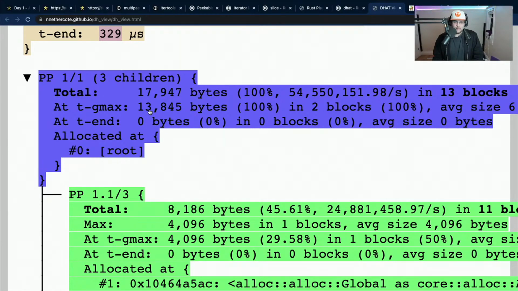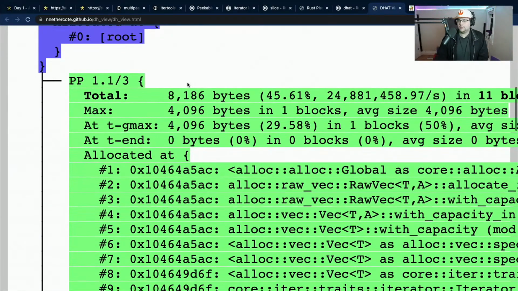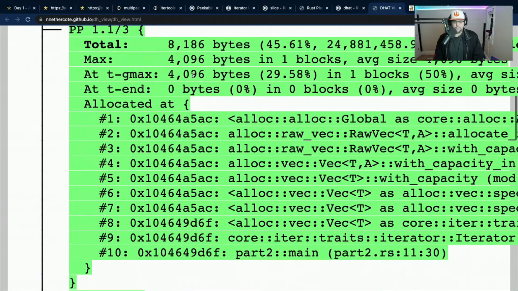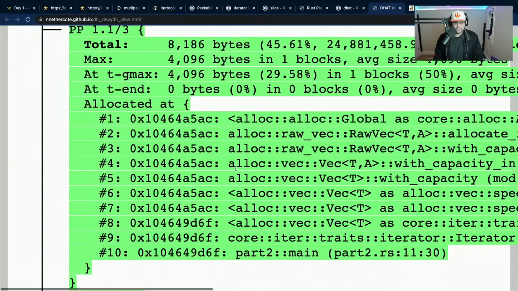So we went up to a maximum of 14 kilobytes when we were running, and we only allocated 18 kilobytes total, it looks like, if I'm reading this correctly. Mostly in vector allocations, it looks like.